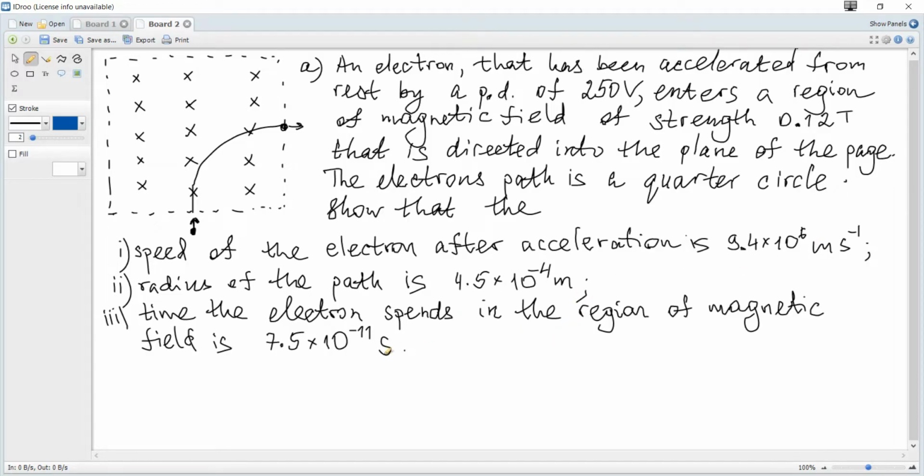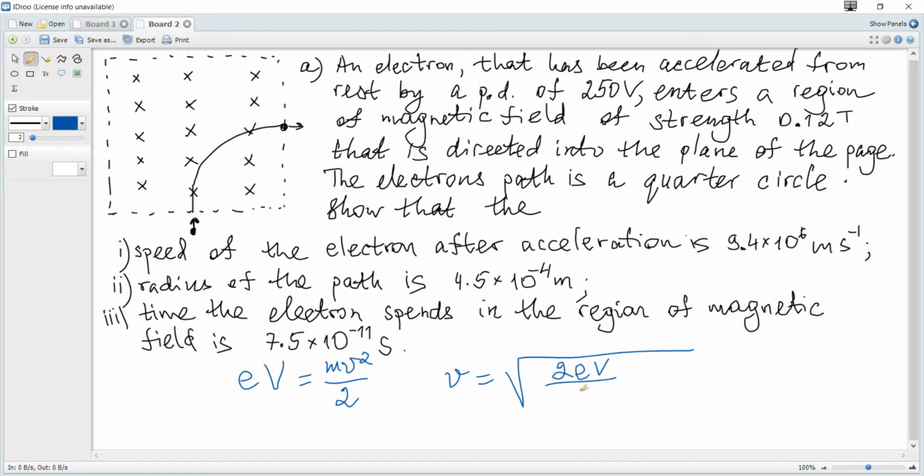We can apply the law of conservation of energy. Work done on the electron, its charge multiplied by potential difference, is equal to the kinetic energy gained by the electron, so it is equal to mv squared over 2. Hence v is the square root of